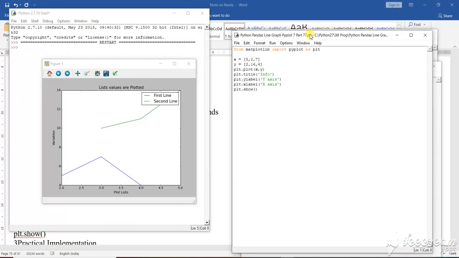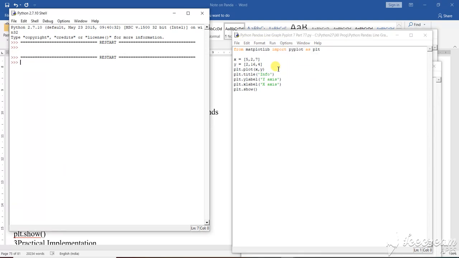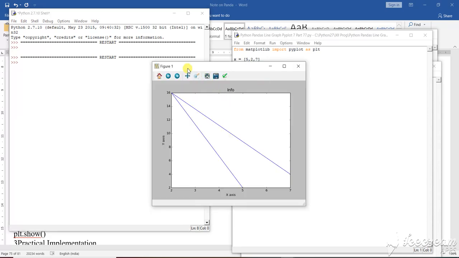So this is a single phase. I have used a single phase line graph. So all the requirements have been given. Let us run the program and see what it is going to give us. In this particular scenario, what the output is going to give us. Let us see the output.